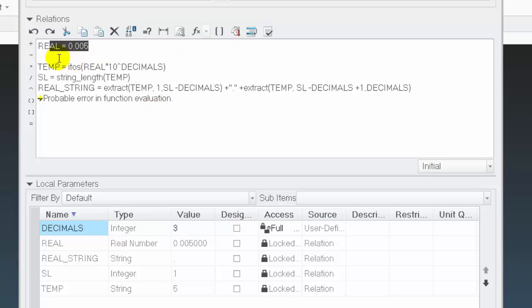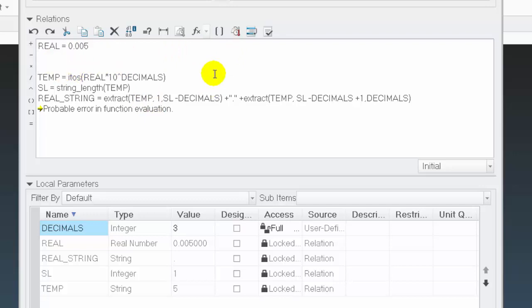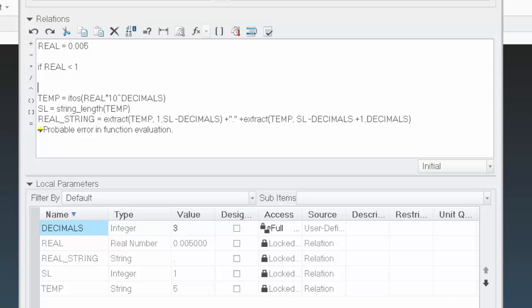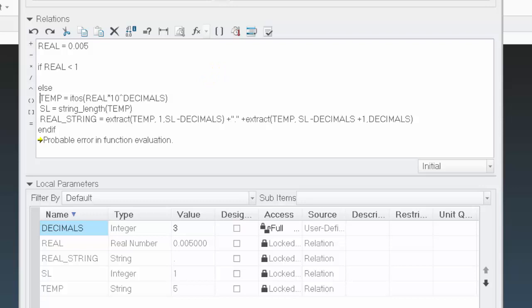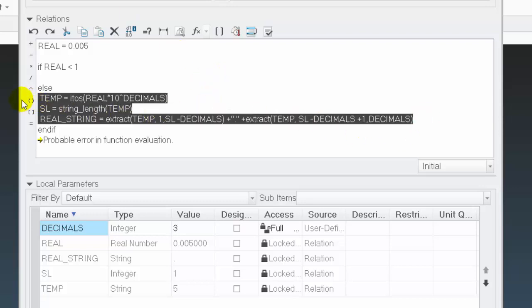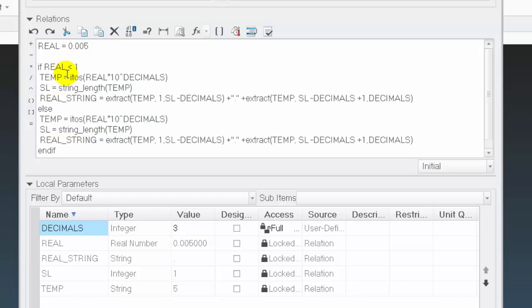So I'm going to use a conditional statement called if. I'm going to say if real is less than 1, do whatever's here, else do this, and then end if. And I like putting spaces here so it makes everything easier to read. So I'm going to copy this and paste it up here. So now I have, if it's less than 1,